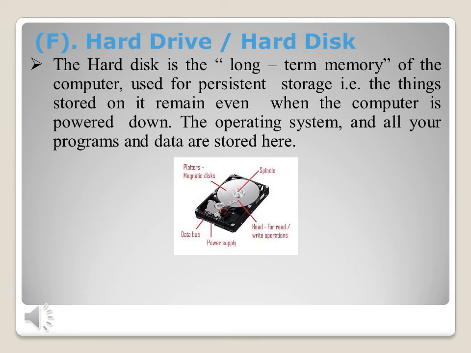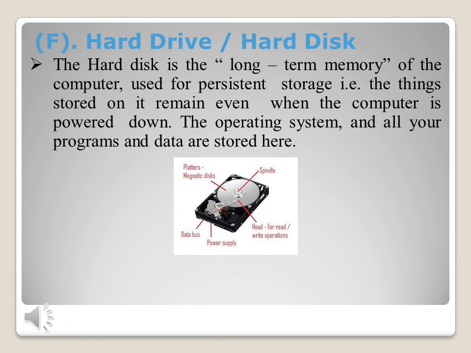Next is the hard drive or hard disk. It is the main storage device of the computer. In the hard disk, data will be stored permanently. That means if we want to store data for a longer duration, then we will use the hard disk. Each and every file or piece of data which we create in the system and then store is saved on the hard disk.